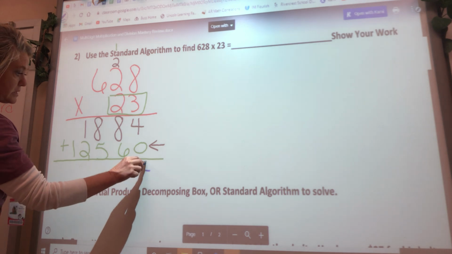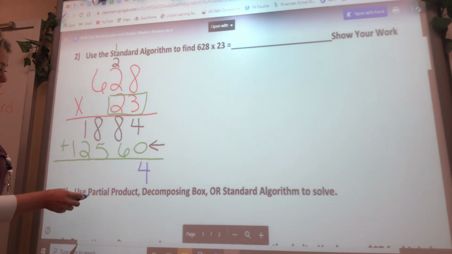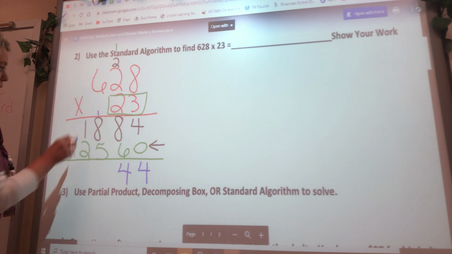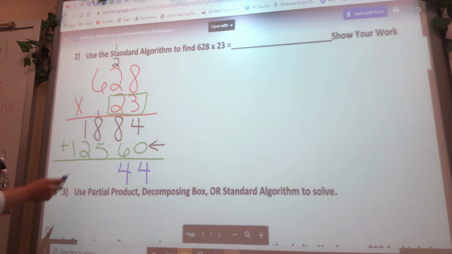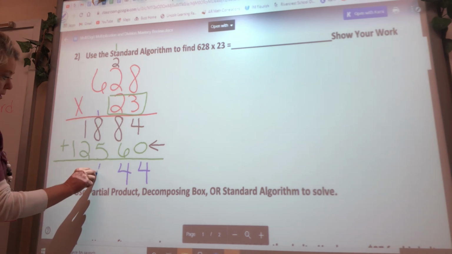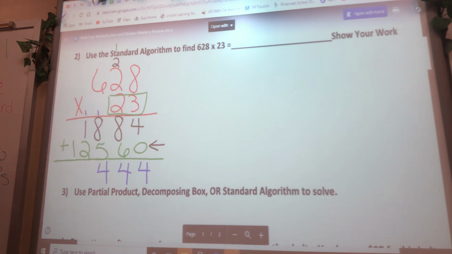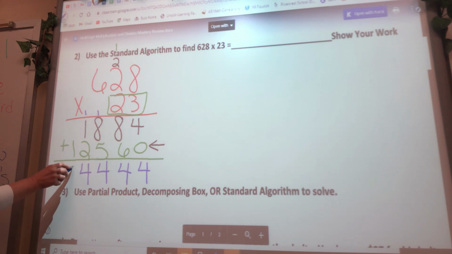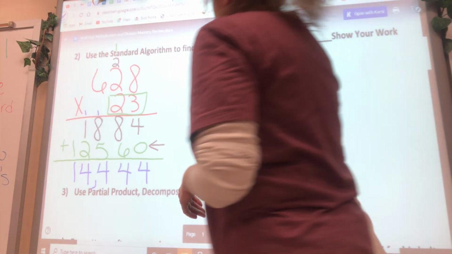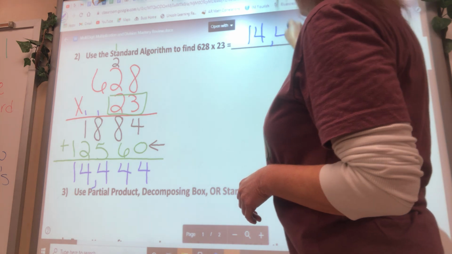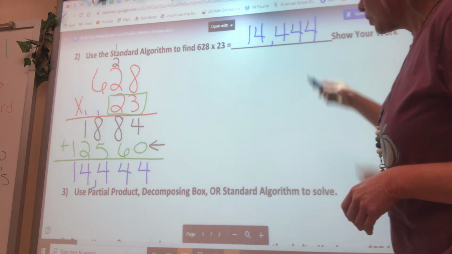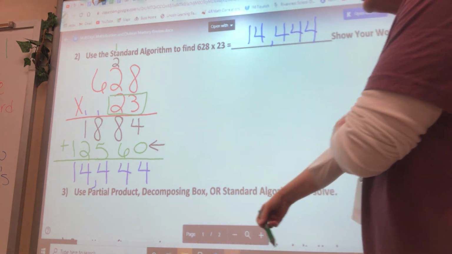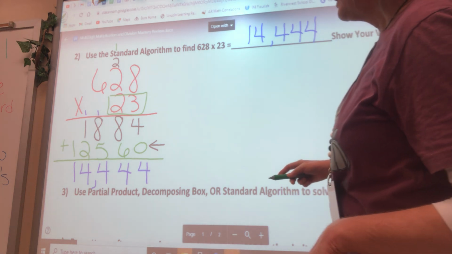4 plus 0 is 4. 8 plus 6 is 14, carry my 1. 8 plus 5 is 13, plus the 1 is 14, carry my 1. 2 plus 1 is 3, plus the 1 that I carried is 4, and nothing plus 1 is 1. So my final answer is 14,444. Now, if you wanted, you could do quick math and